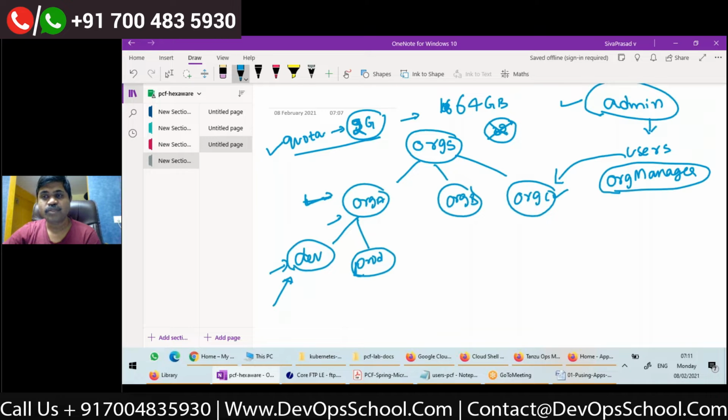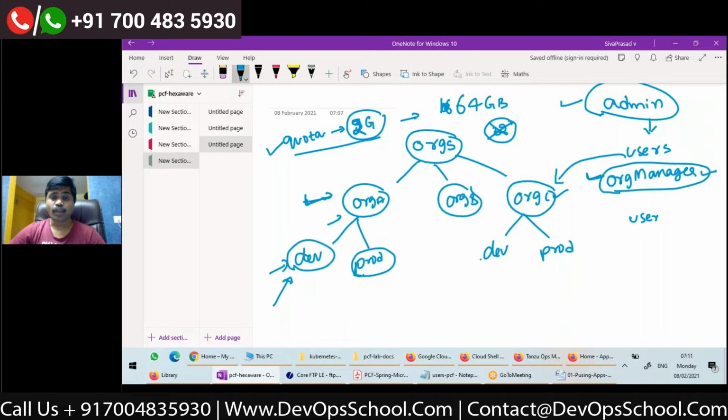This org manager can create other users, and he can create spaces. Let's say he wants to create a dev space and a production space, whatever spaces. The organization manager can create spaces because he's at the organization level.